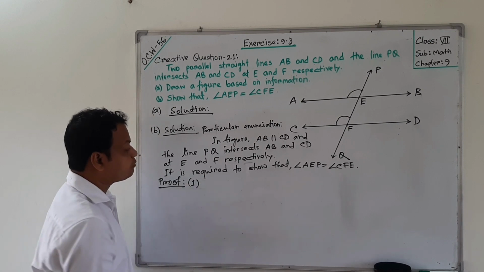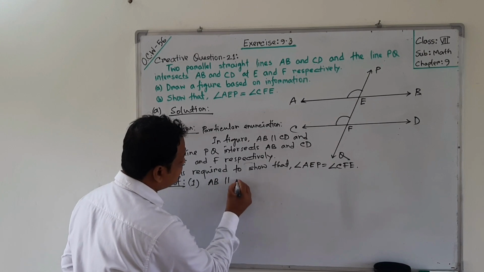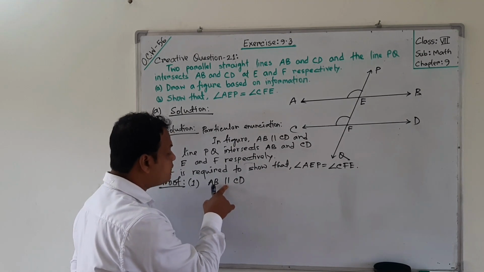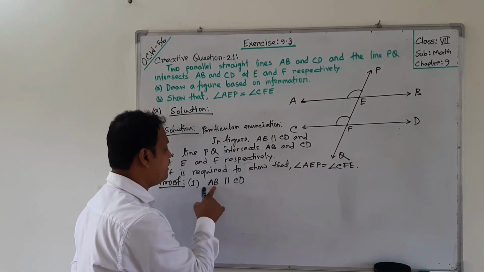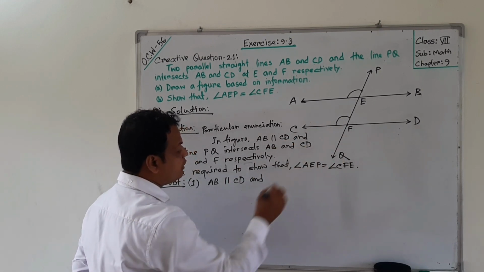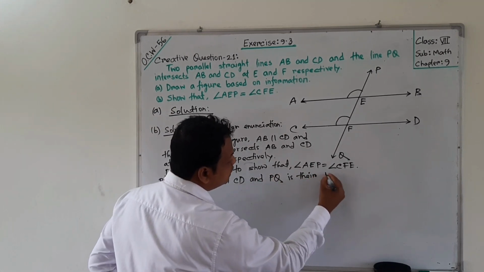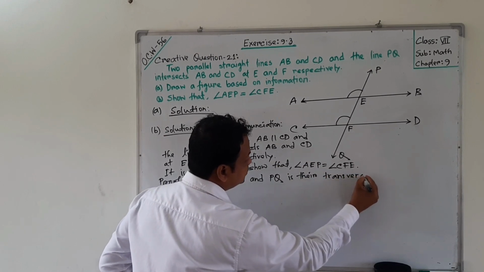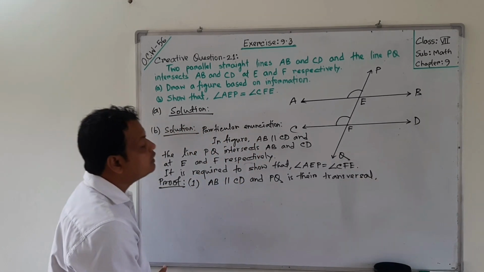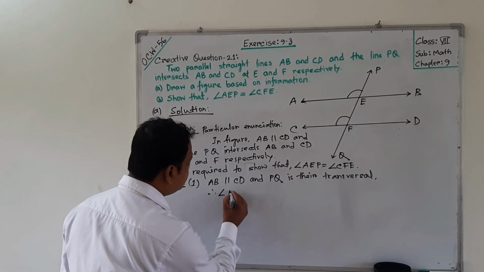Step 1. AB and CD parallel. This symbol means is parallel to. So we can tell AB is parallel to CD. And PQ intersects AB and CD, so PQ is the transversal. PQ is the transversal. So therefore angle CFE